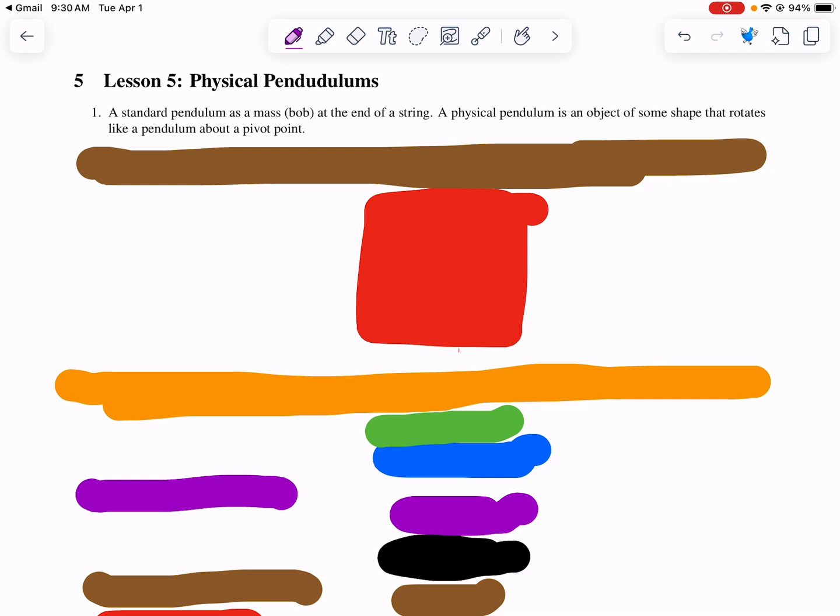So a standard pendulum is when we have a mass on a string, that pendulum bob that swings back and forth. The main difference between a regular pendulum and a physical pendulum is that we have a whole object that is swinging. So imagine if we had a broom or